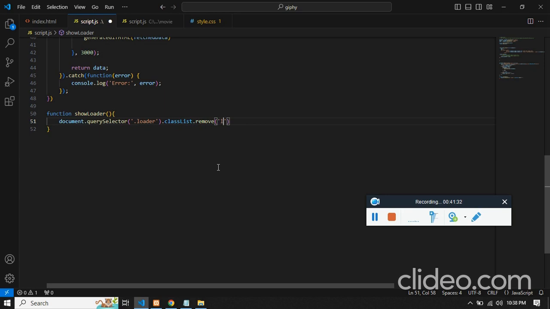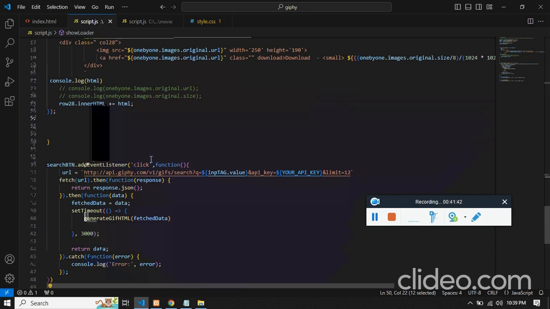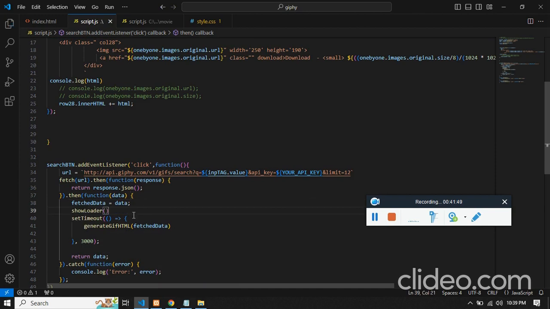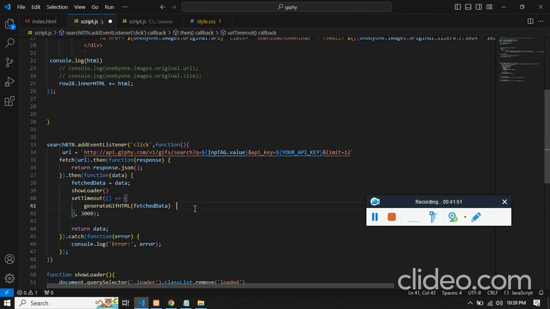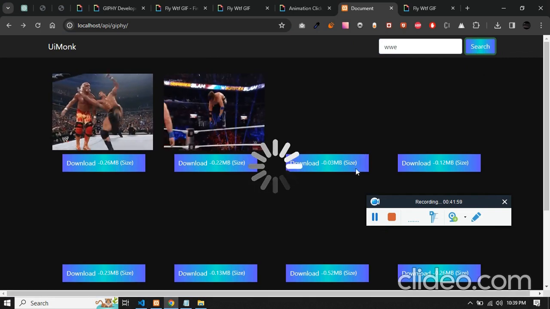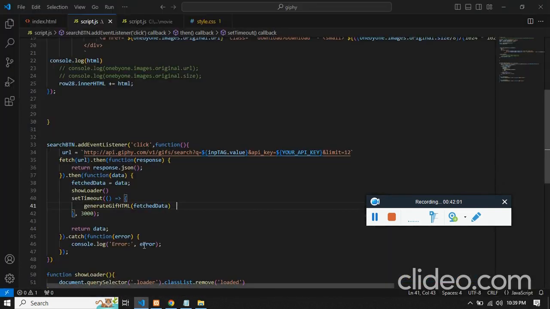We can remove the class load, and for hideLoader we can add the class loader. So over here we can show the loader for the 3 seconds. Let's just type some random words. So 1 2 3. So you see, once you see this,